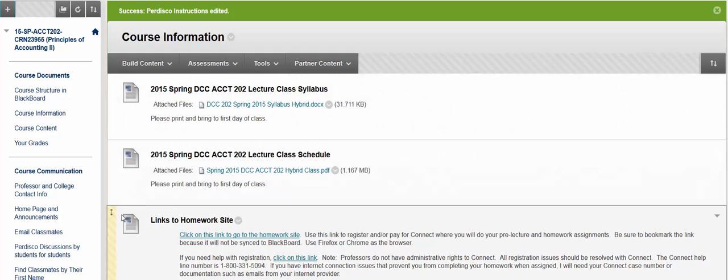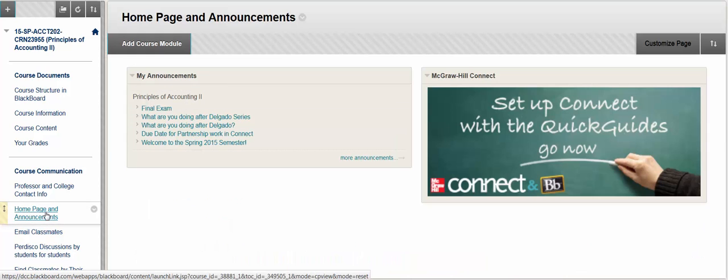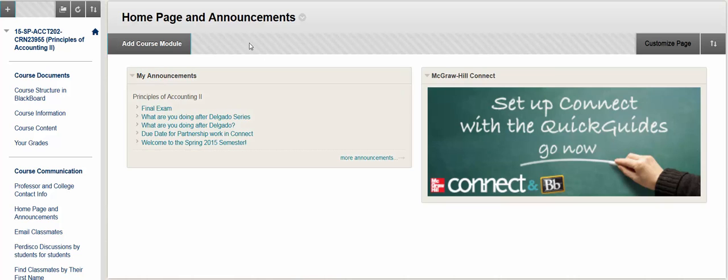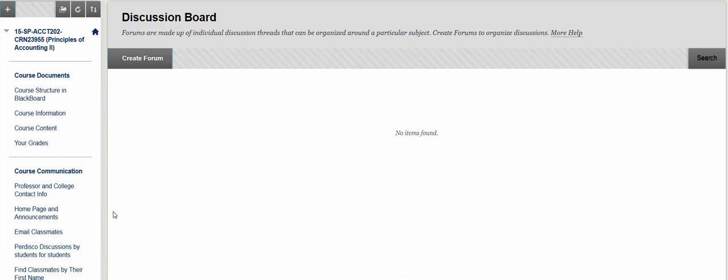Hi everyone, I want to give you the instructions that you'll need in order to complete the Perdisco project. First, let's go to the home page and announcements, and you'll notice that the course is separated between course documents and course communication. Under course communication, there is a web page dedicated to Perdisco discussions by students for students, and